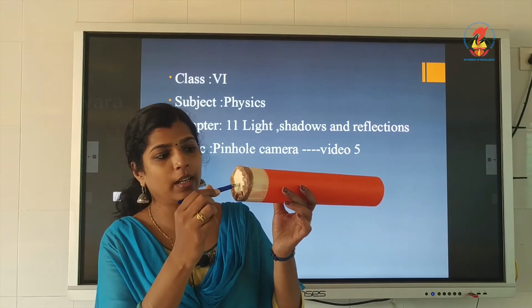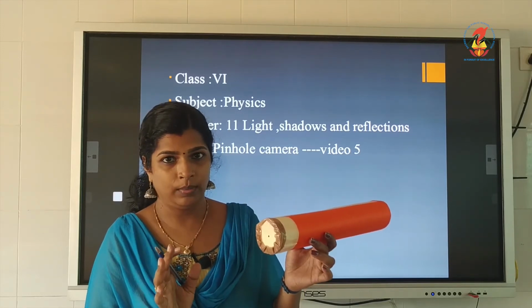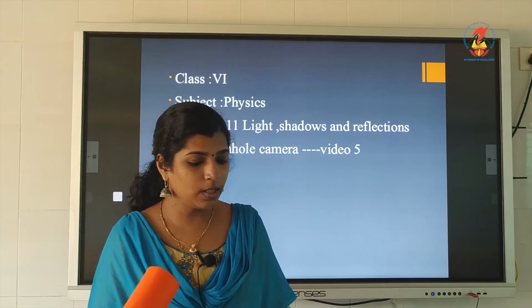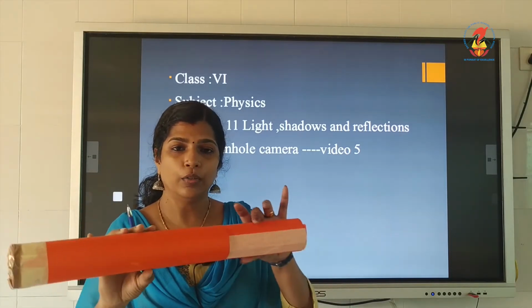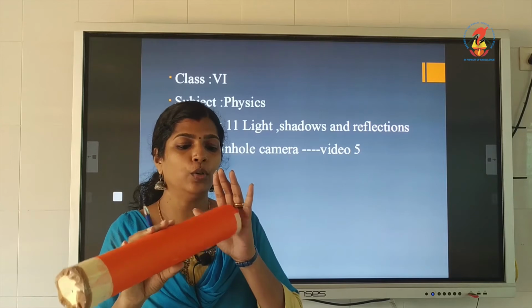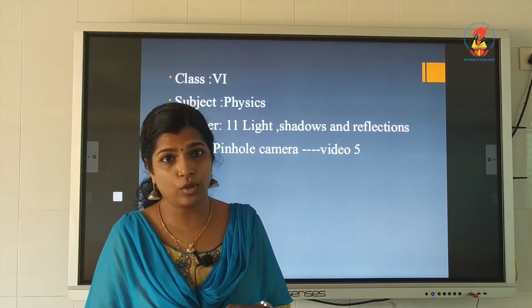So this one acts as a pinhole. Now you can insert this one into the first one and you can view buildings or trees.